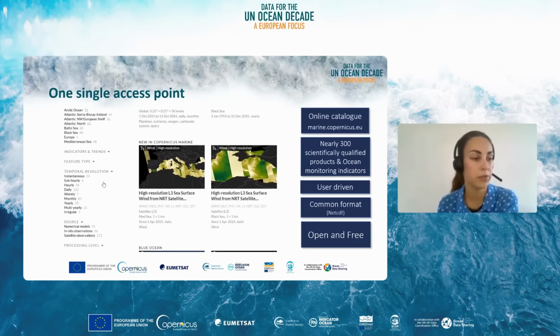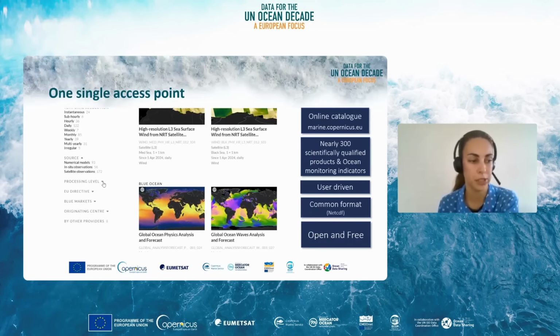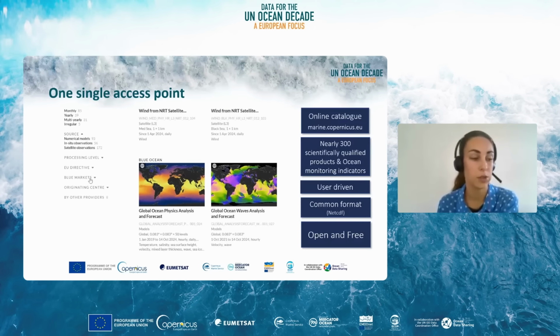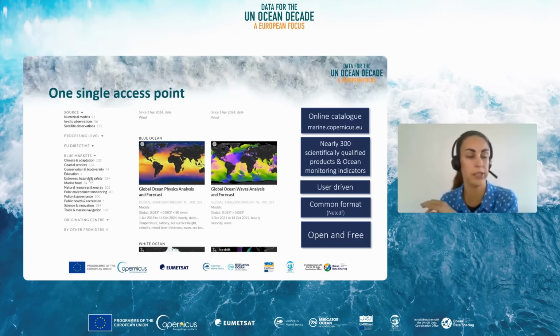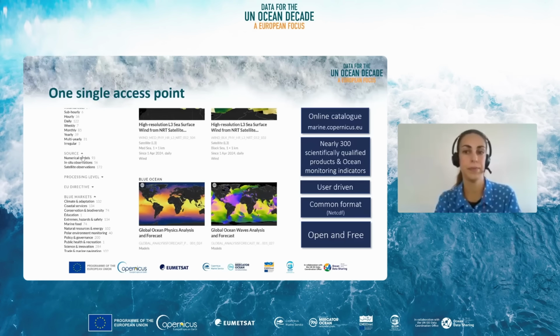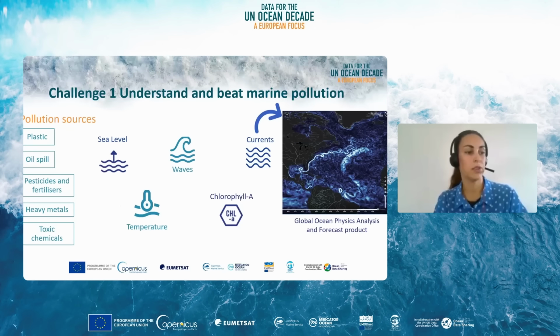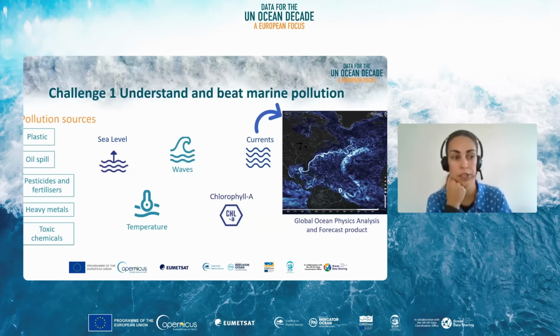And so now, for each of the ocean decade challenges we're focusing on today, we'll take a closer look at the Copernicus Marine data that aligns with them. So challenge 1 focuses on identifying, mapping, and reducing both visible and invisible sources of pollution. So when we look at these, some key variables to consider are waves, currents, temperature, sea surface height, chlorophyll, and bioproducts that help track nutrient concentrations near river mouth.